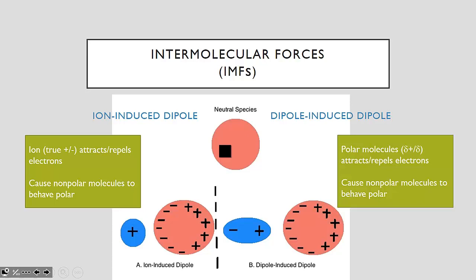If I have something polar and I put it next to something nonpolar, that partially positive end is going to attract the electrons of the nonpolar molecule and induce a dipole and form an attraction. This is called a dipole-induced dipole, where something polar forces something nonpolar to become polarized. An example of this would be how oxygen is dissolved in water. Water is truly polar. It's got a pair of lone pairs on that oxygen, and the oxygen has a higher electronegativity than the hydrogens, so it has a truly positive end and a truly